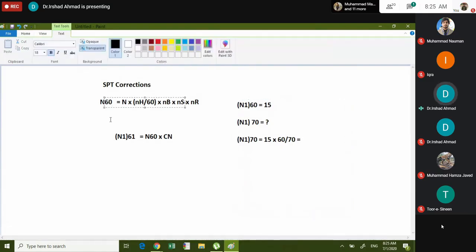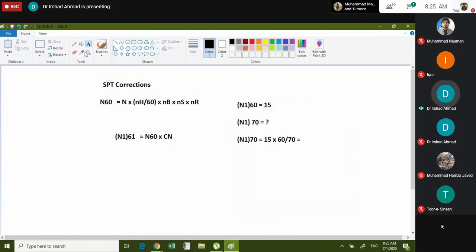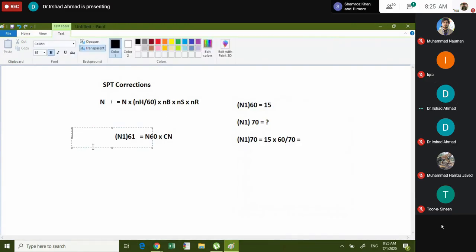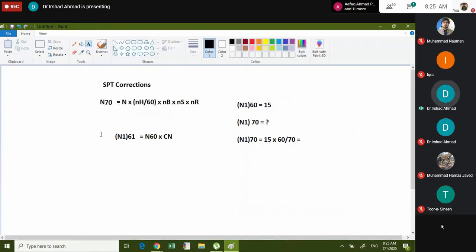या अगर आप डायरेक्ट N170 मालूम करना चाहें तो देखें, ये 60 जो आपके पास आ रहा है, इस 60 को हटाएं, यहाँ पे 70 रखें। फॉर एग्जाम्पल अगर आपको N170 चाहिए, और मुझे क्या करना पड़ेगा? ये हो गया N।